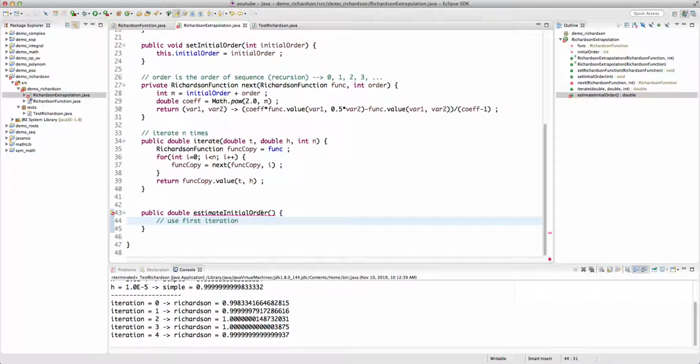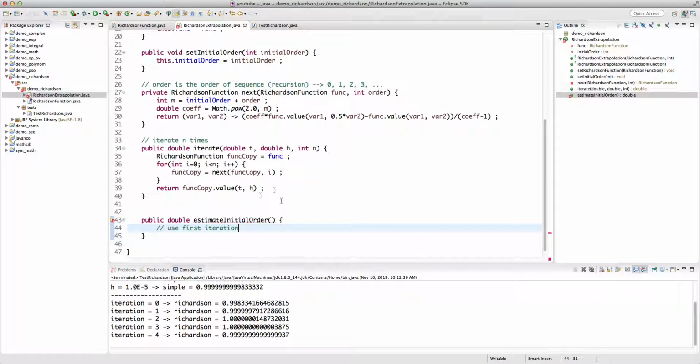And in the first iteration we're going to pass in t and then double h. So based on the evaluation point and h, the error factor or this error variable, we can approximate the initial